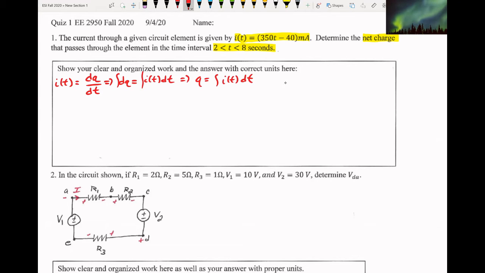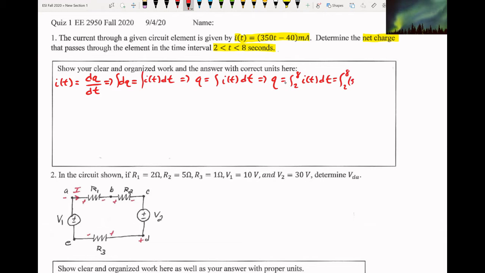Okay, so now what we need to do is we need to go and sub in our interval. So from 2 seconds to 8 seconds, I of t dt,